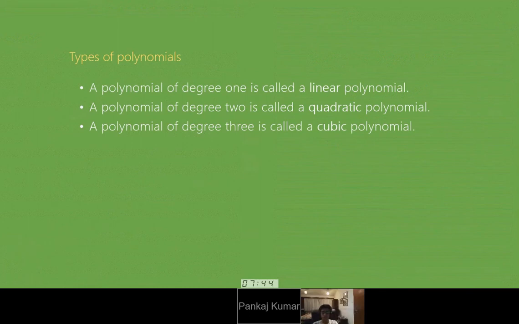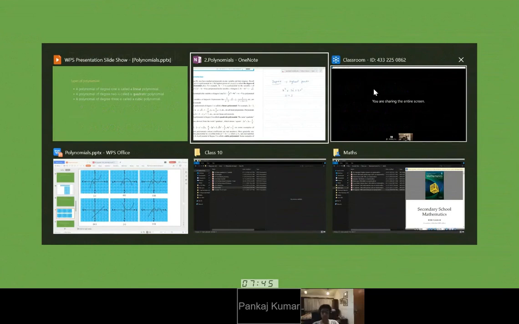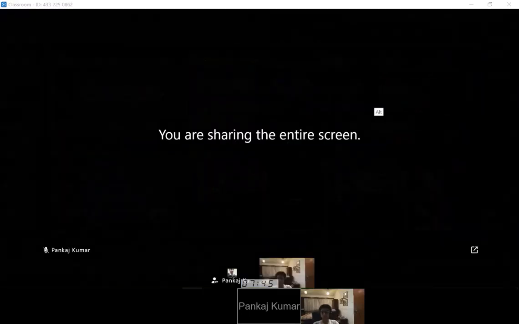These are the concepts that will be continuing further. So these are the basics of what we'll be studying. If the degree is 1, we have a linear polynomial, when the degree is 2, we have quadratic, when the degree is 3, it is cubic, and for 4...